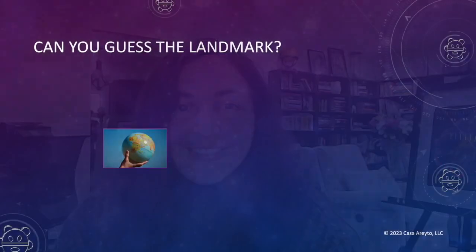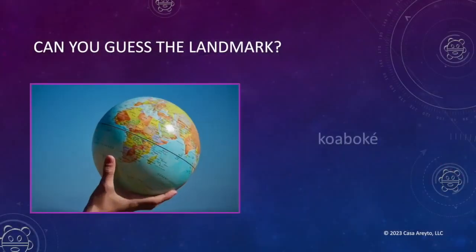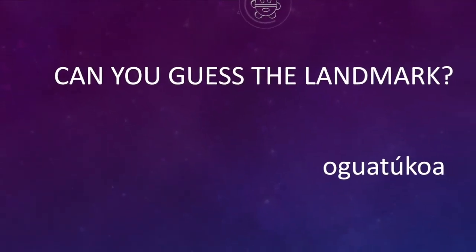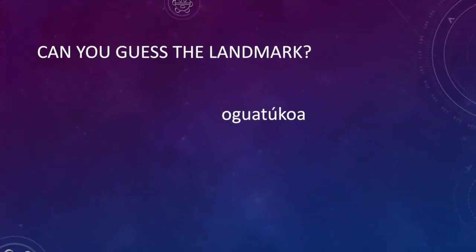I'm not sure about that one. Let's take a look at the answer. Koaboke means continent, because that is a large landmass. I know that one was a little tricky, but I think the next one will be a little bit easier. Let's take a look. Can you guess this landmark? The word is